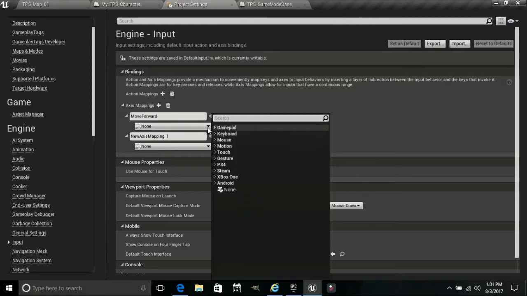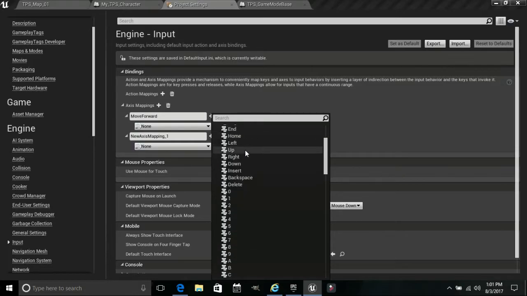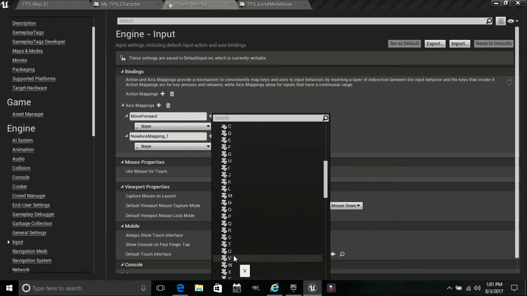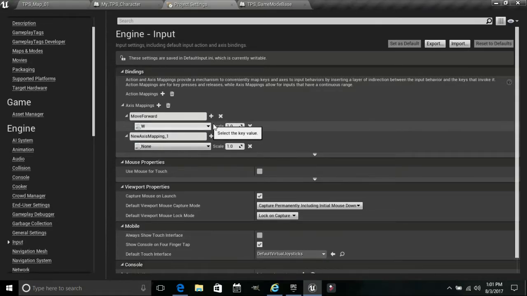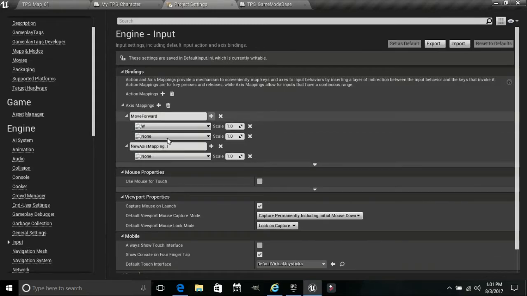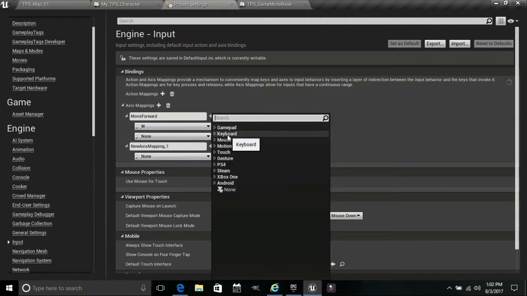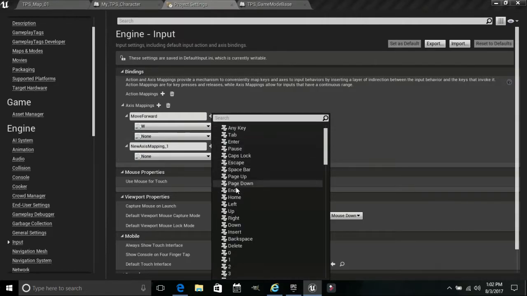So we're going to click over here. I'm going to click keyboard. I'm mostly going to just set this up for PC. No gamepads. You can find that anywhere, what you need to put in there. I'm just not going to spend the time doing that right now. So first we have the W key. Then you want to click the plus sign again. W will move you forward, and you want to click keyboard and then scroll down,